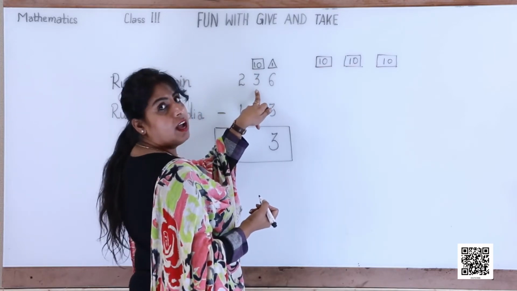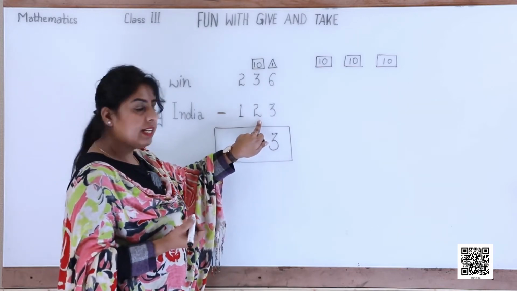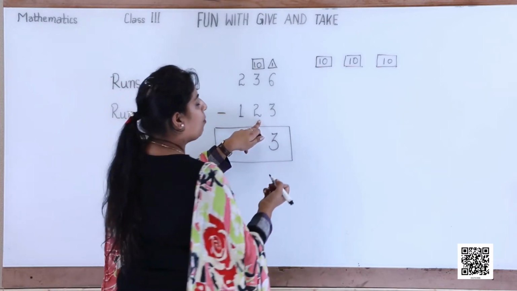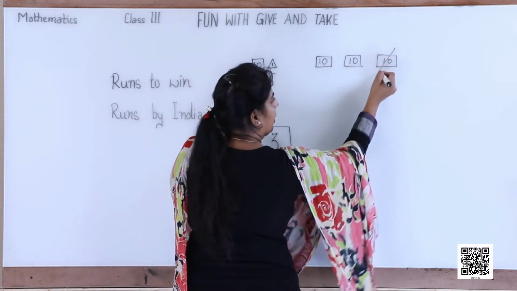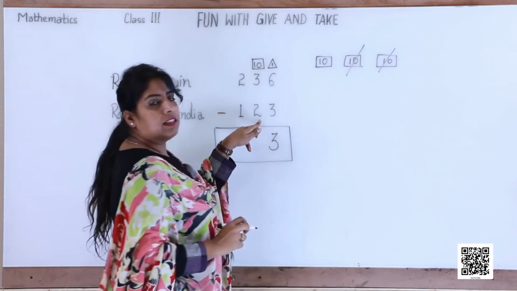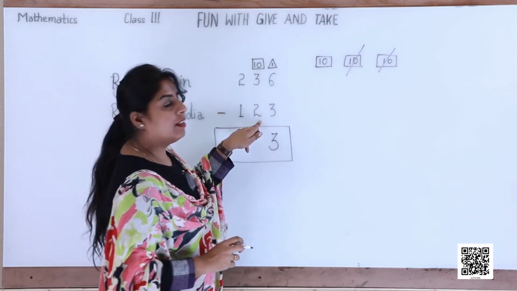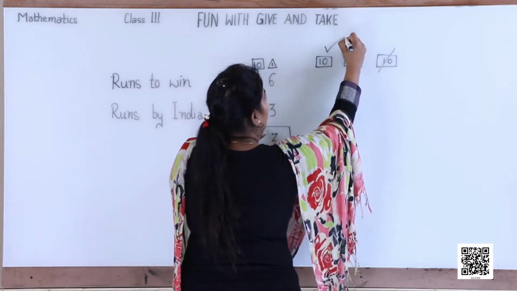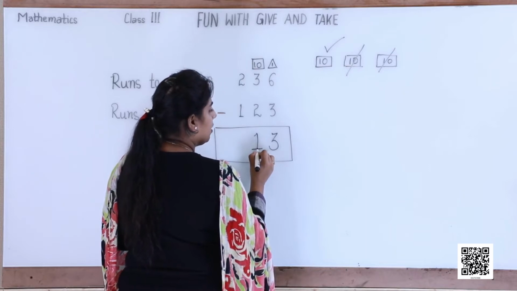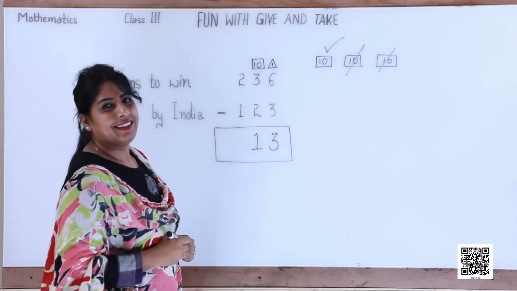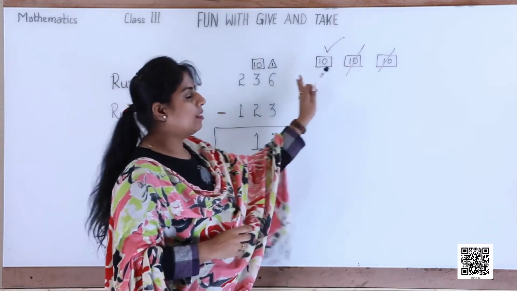3 is written. How much are we going to subtract? 2, right? So how many are we going to cancel? Yes, 2. First and second. We have cancelled 2. So how many tens are left? Yes, only 1 tens is left. So what is the answer? 1. After this, let's rub this.